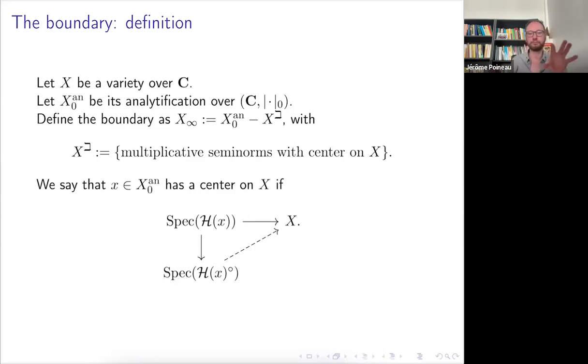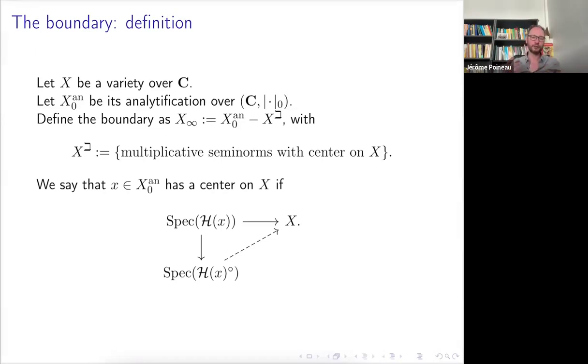So we want, okay, I mean, first, usually valuation has a center, not multiplicative seminorm, but it's just an extension of the usual definition. And okay, you want to look at all the seminorms on your space, and if you have a center on X, what we want to say is that we already have this point, we don't need to add something else. And the other thing is that you know that if you have a proper variety, then every valuation is going to have a center.